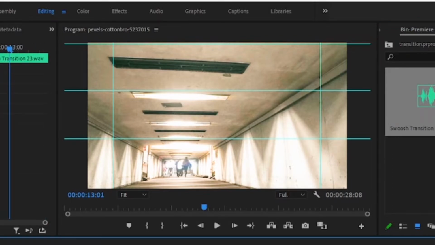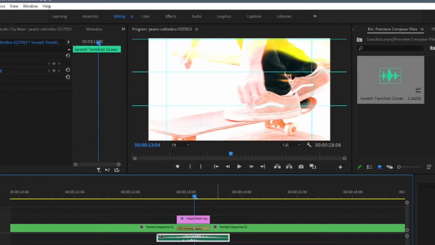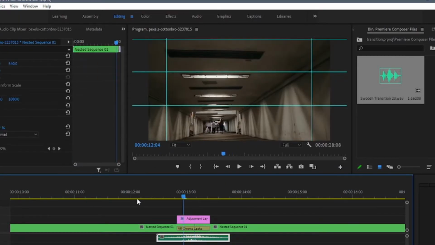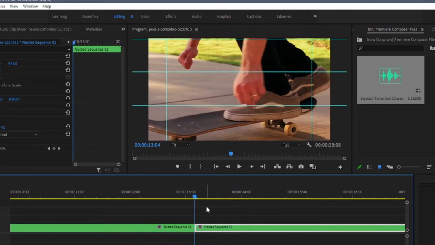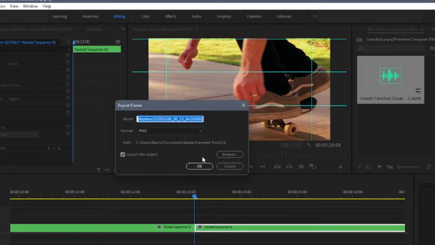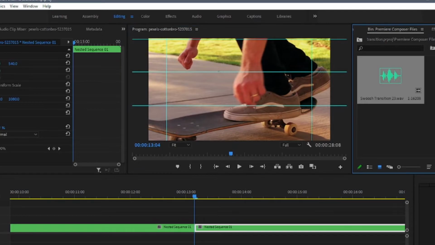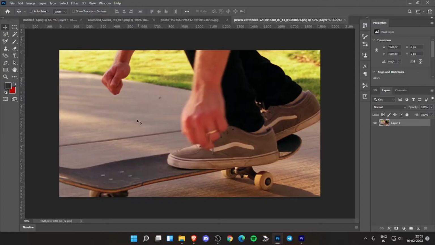The peak area of the sound effect should be in the middle of the transition, and bam. And the next transition is the pop in transition, or whatever you call it. I don't know its name. So what you can do is take a screenshot of this thing, remember where it's going, and then go to Photoshop, select this subject or whatever you may call it,